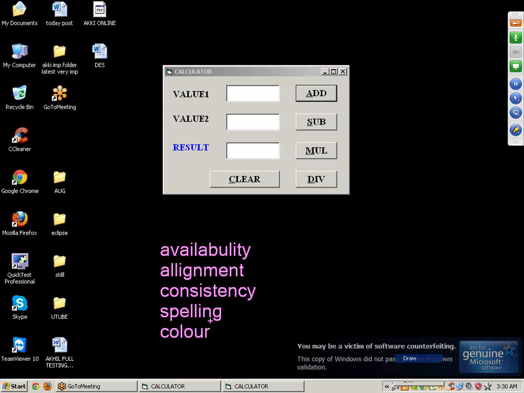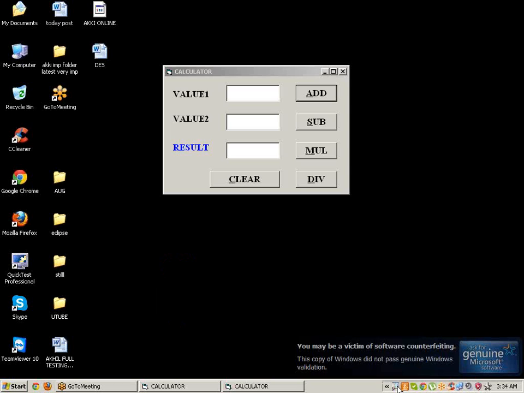Next testing, dynamic testing. Dynamic testing means compulsory we need to perform some actions on the application, then only we can say that functionality is properly working or not. Then the type of testing is known as